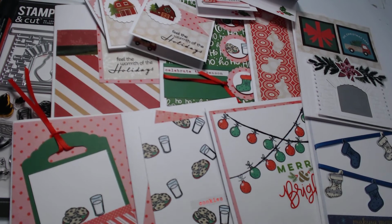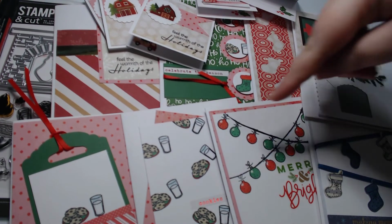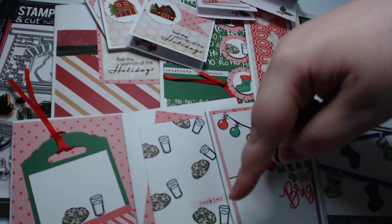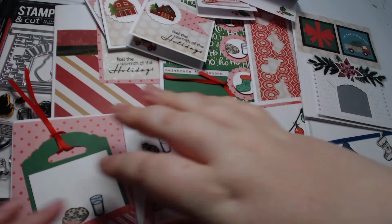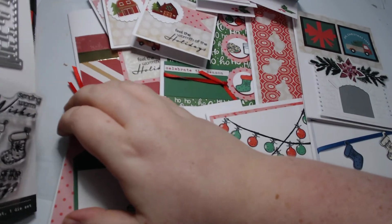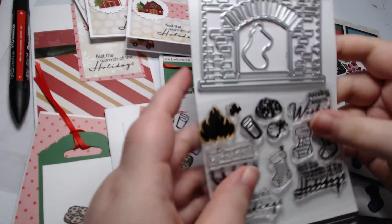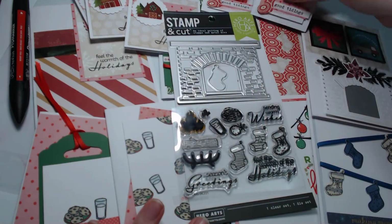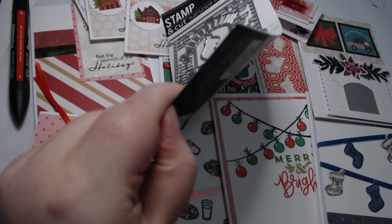It's so simple looking. It did take a little bit more time though, because you have to go in and color everything. And then I used just a Copic marker to make my lines. So it's very freehand. It was kind of scary at first, but then it started going well, so I was like, yep, we're doing it. We can finish this card. But there are all of my 10 cards that I made with the, oh my gosh, did I already forget it? Winter Hearth